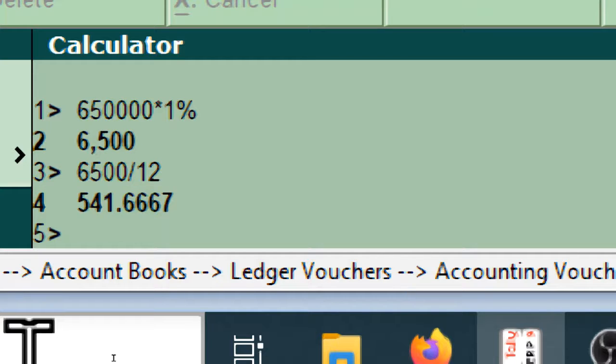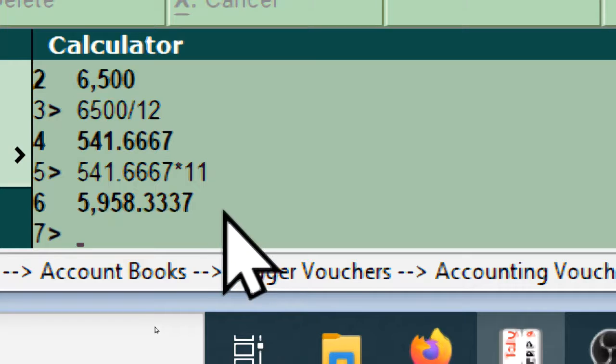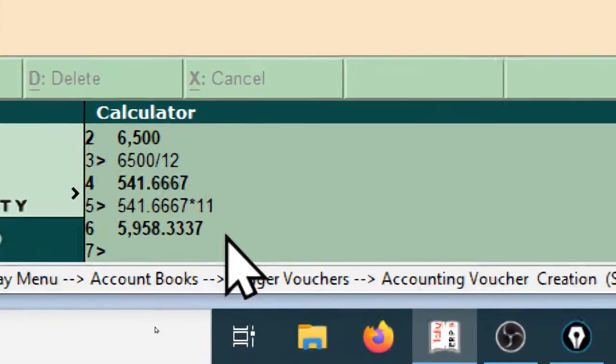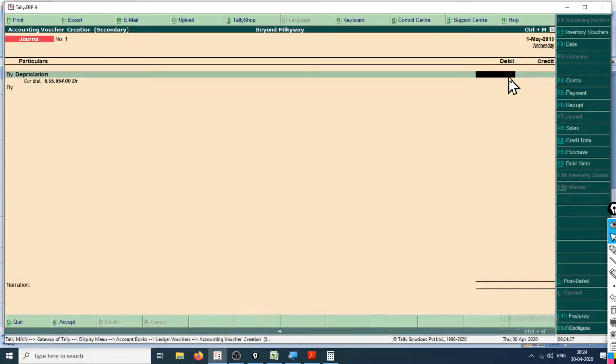Per month it is 5,416.6667, into 11 months, 59,583.3337. Okay, we'll round it off. Let's see what Tally does when we write the whole figure.